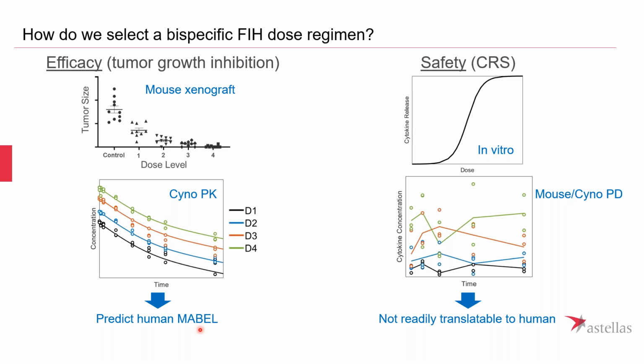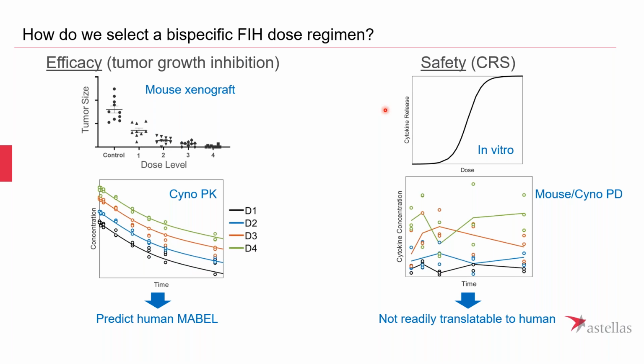I'll highlight that all the data in these slides is synthetic data. This is just to give you an idea of how we would typically be doing this. So again, from the efficacy side, not really anything too different than how we would normally approach selecting a first-in-human dose. But I think once we start to think about this from a safety perspective,